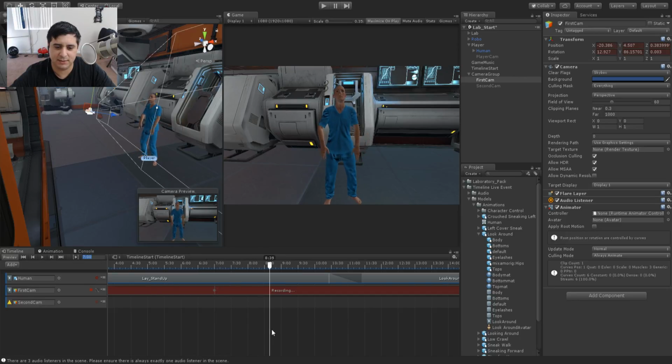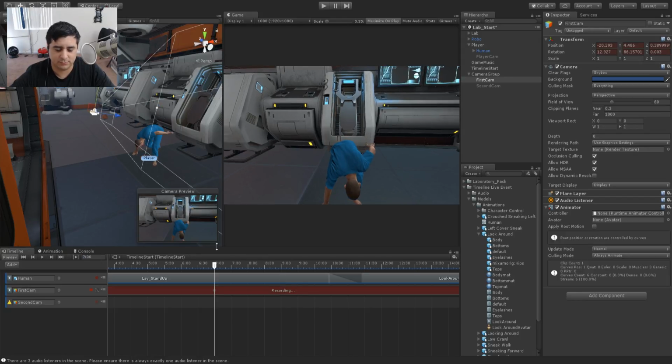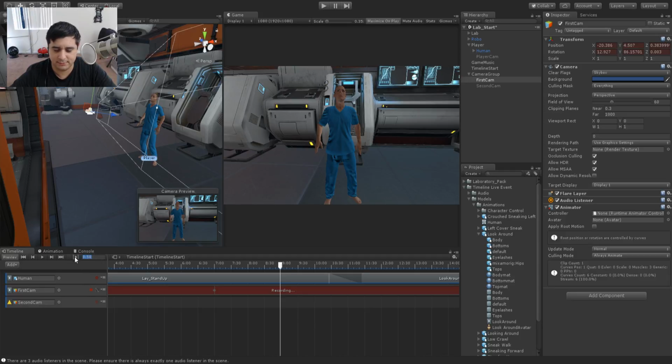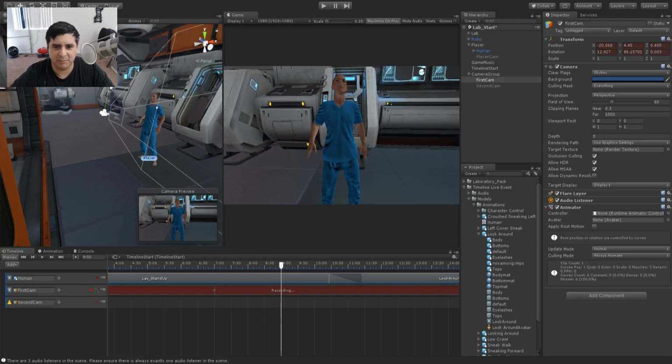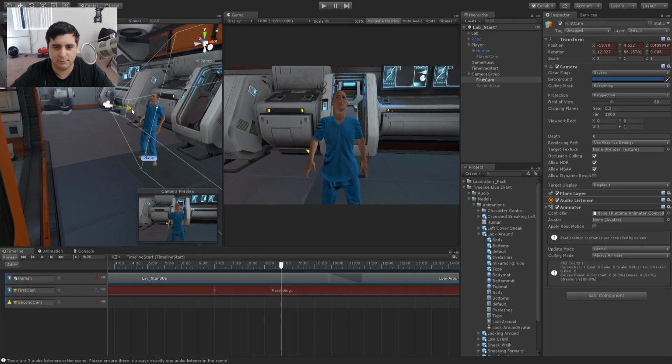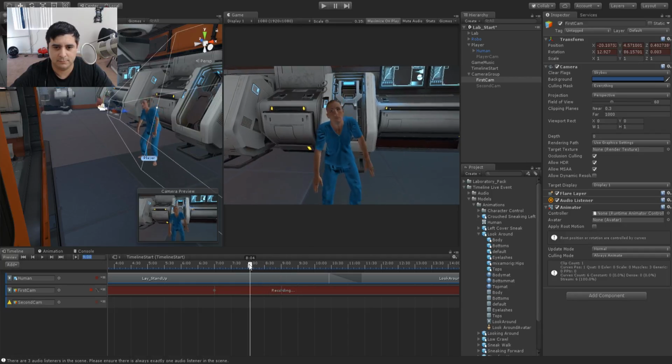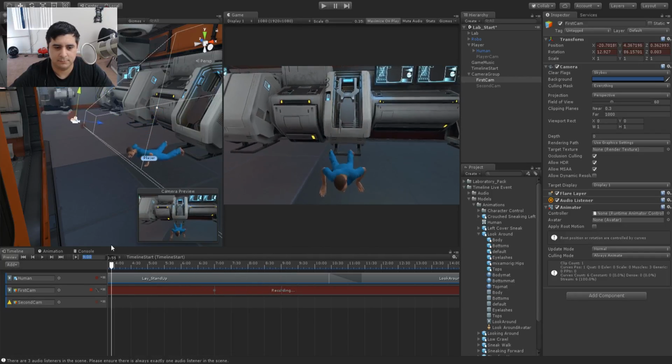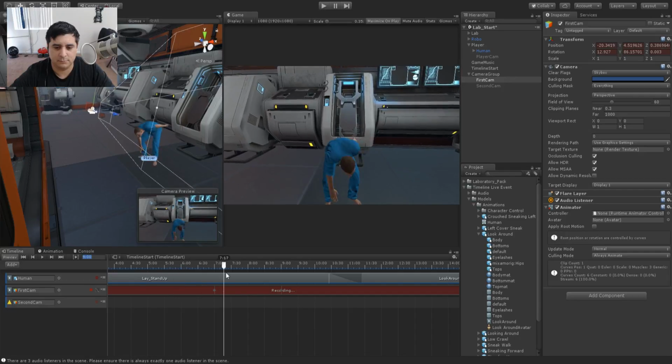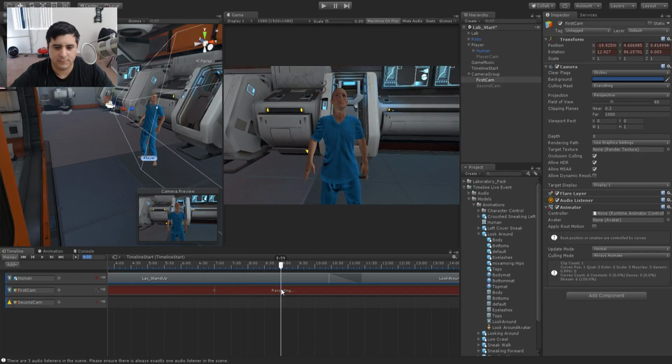And then maybe at the 9-second mark, I'll move it in a little bit closer as well. I don't know why it jumped like that. Go back to 9 seconds. I'll move it in again. Maybe move it up a bit. Then I'll add in a second keyframe right here, right where it starts to blend, or right when this